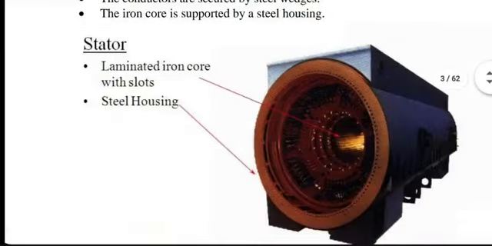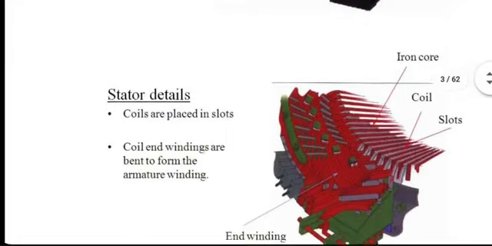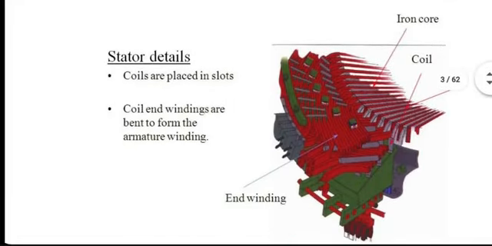Again, a pictorial diagram of the stator alone. Once the stator is built, you bring the rotor in and fit it in. That's how things are done. Laminations are used throughout, like we were doing for transformers, so that core losses are reduced. And there are a large number of slots on the stator to house the three-phase windings. That's what they are showing here.